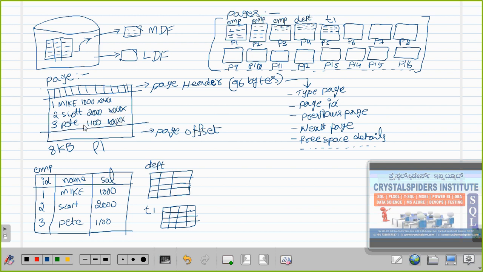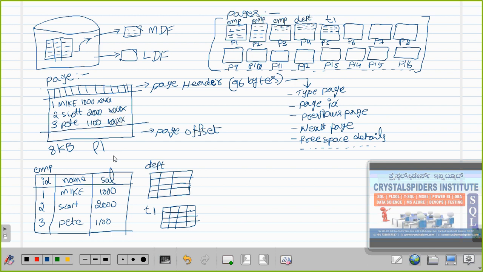So finally, this is how the pages will start being allocated by different tables, and all these tables are using the primary file group. Inside the primary file group, it is pointing to this file. Inside this file, we will see these pages, and these pages are occupied by different tables. This is the understanding of the pages.